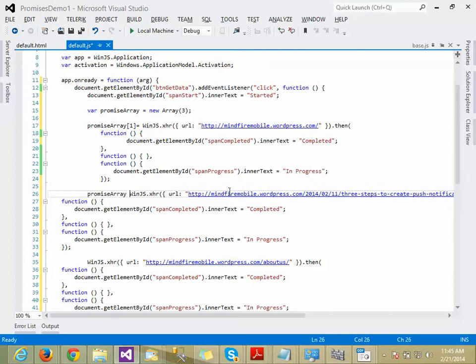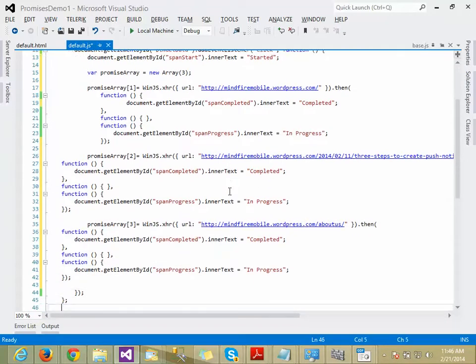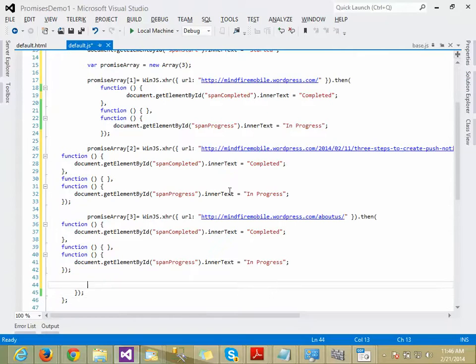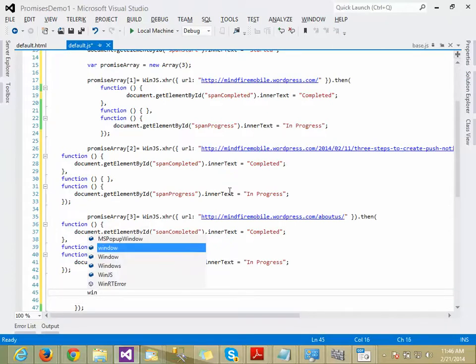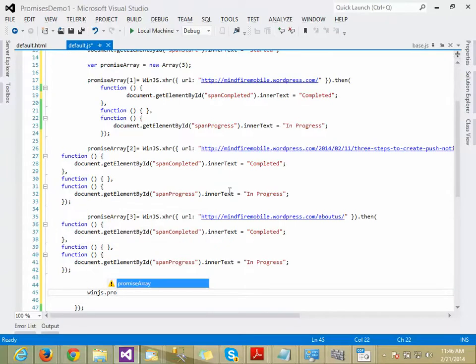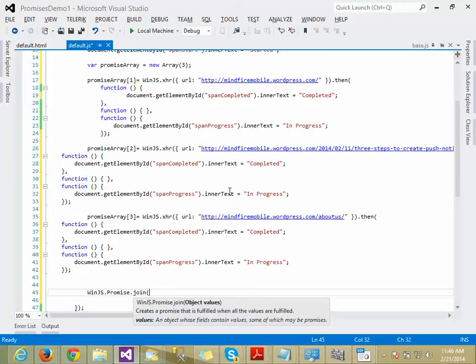In the second element, I want to store the second promise. Don't worry, this can be dynamic as well. And at the end, say WinJS dot promise dot join. It needs an object value, so we can pass the promise array here.